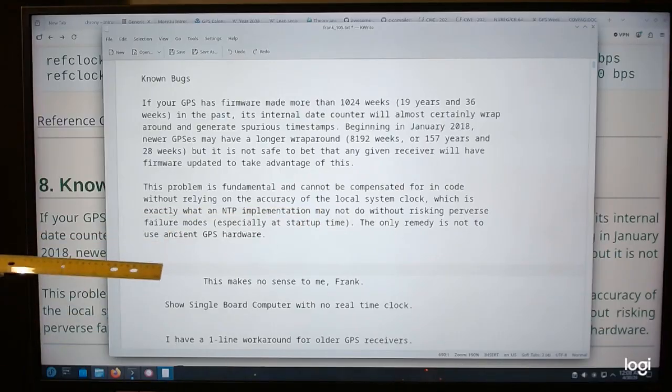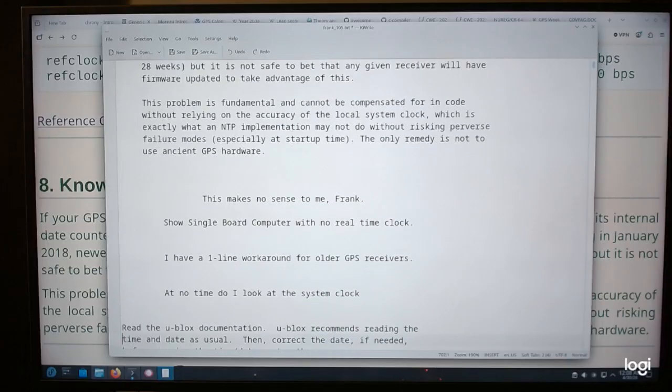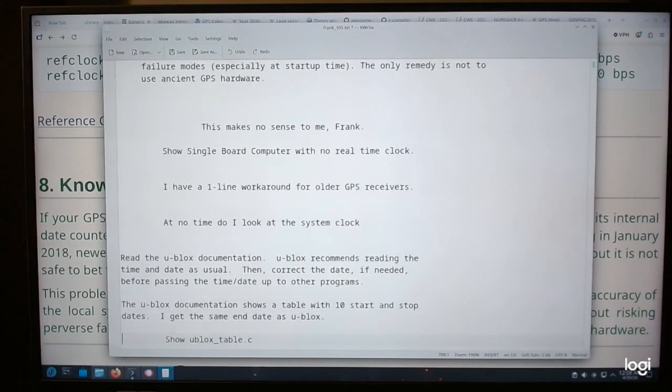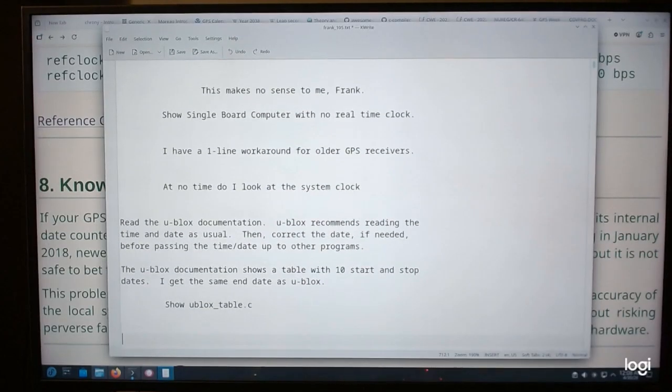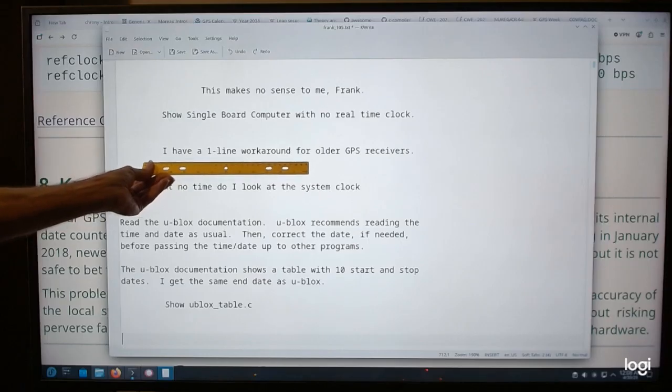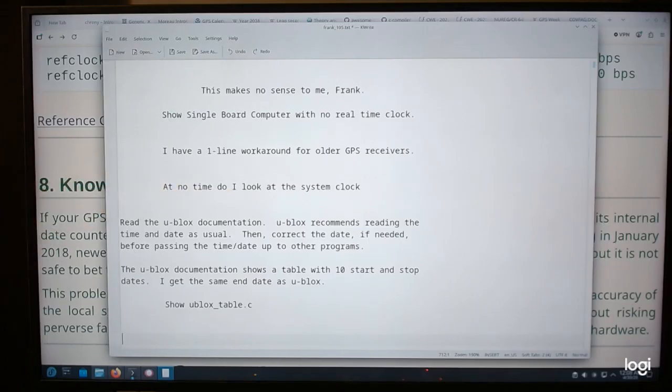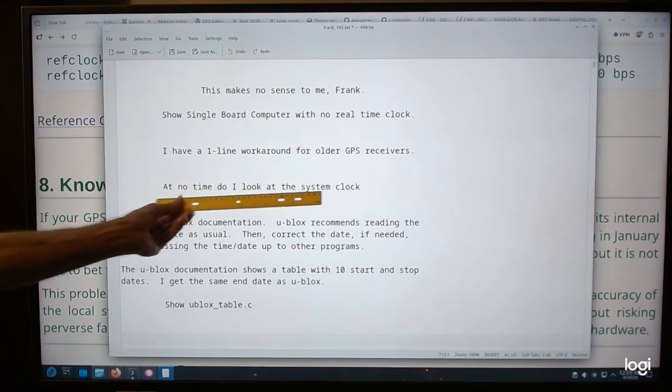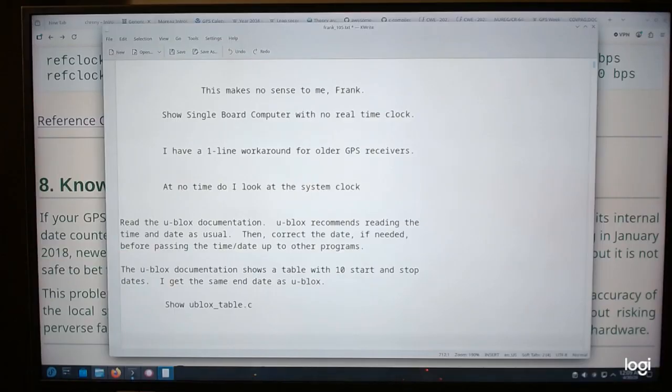This makes no sense. Now I have a one-line workaround for older GPS receivers. At no time do I look at the system clock. So, see,